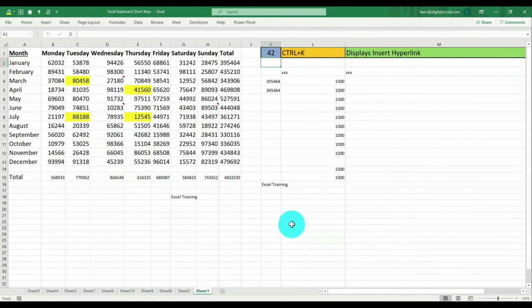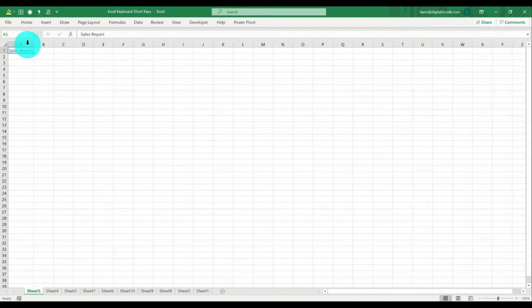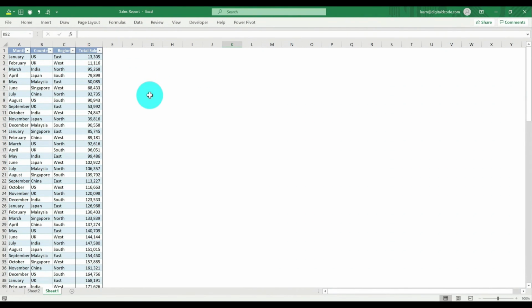Insert hyperlink. Basically hyperlinks help to link sheets or link files. So let me select the cell. I'll select sheet 5, Ctrl K. So if you choose the first option, existing file or web page, you go to desktop, I choose sales report. You can also define the name to be displayed here. So I'll say sales report, I don't want other things. So now this is the sales report. If I click this, the file will open automatically. This is the sales report.